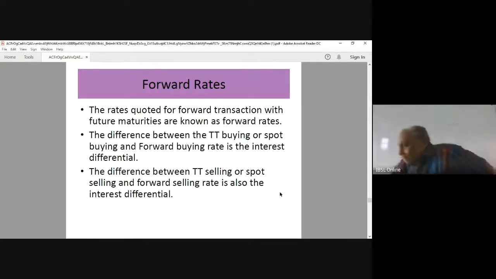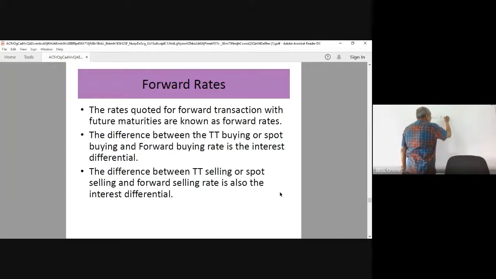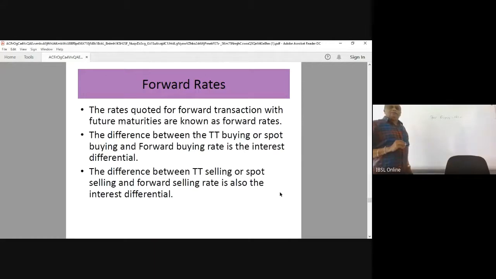Now, if the spot buying here is 183, and if it is a forward buying,